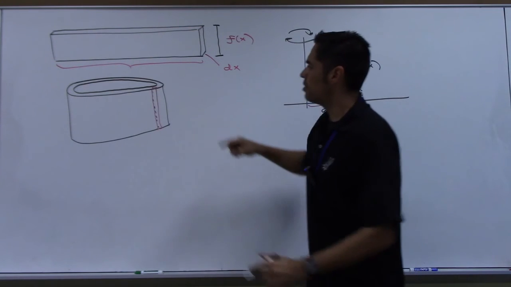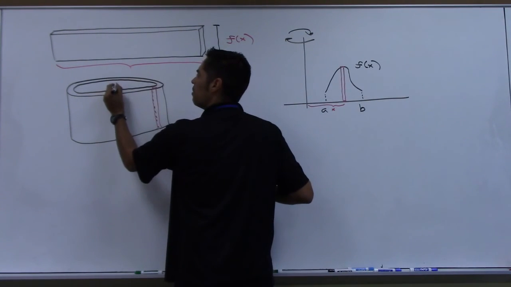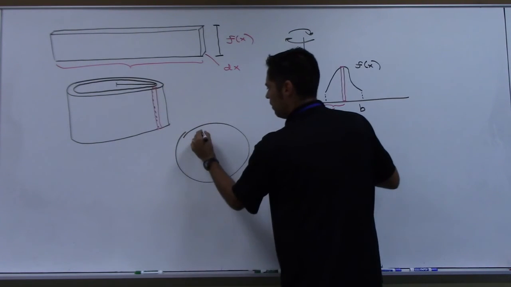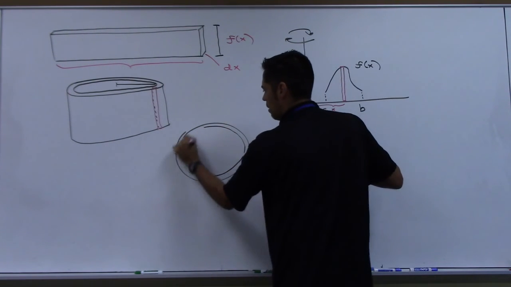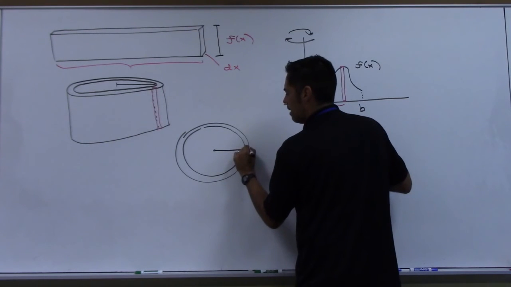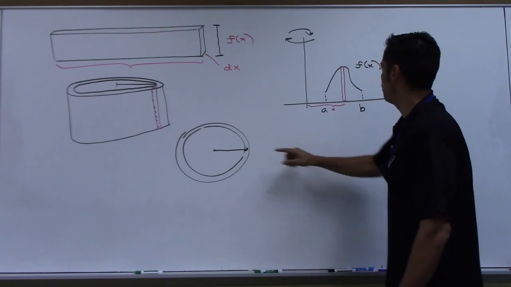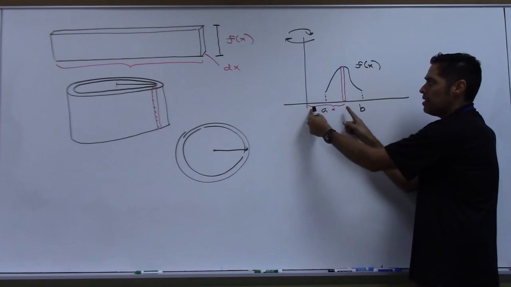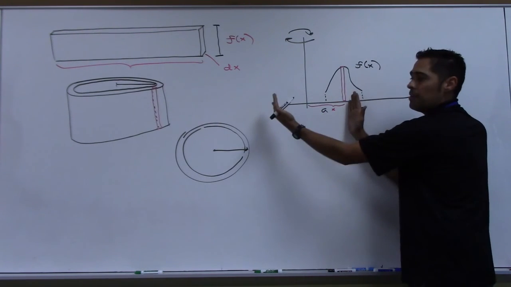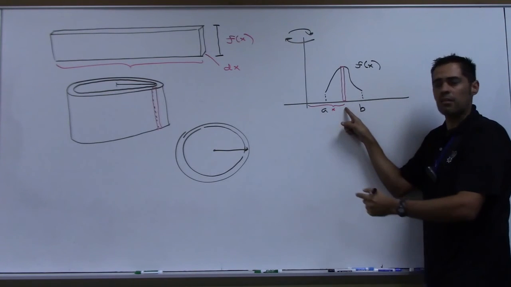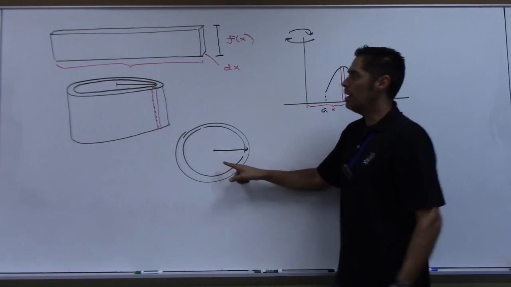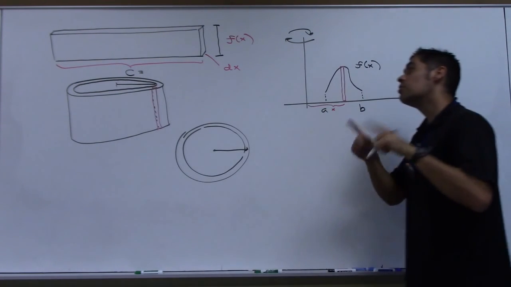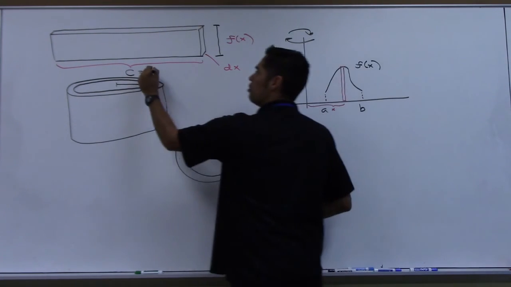But the circumference means we have to know, if we look at that piece from the top, the distance from there to that edge, which is what? It's just x. That was the distance from here to here. That's what created that radius. So the x is kind of like the radius of this thing, isn't it? And so if circumference is 2 pi r, this is actually going to be 2 pi